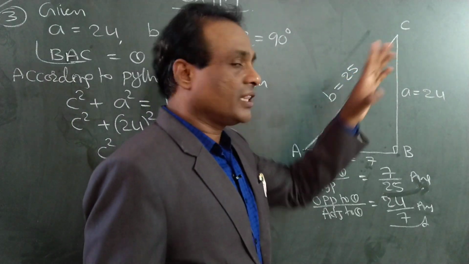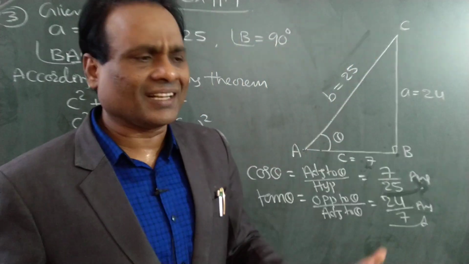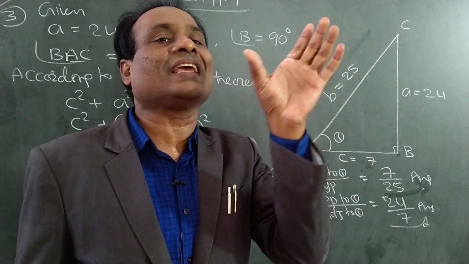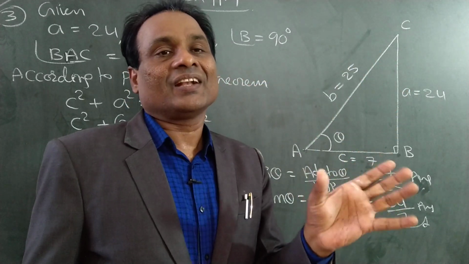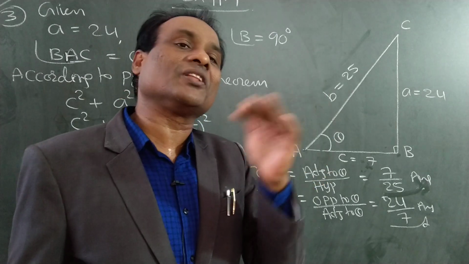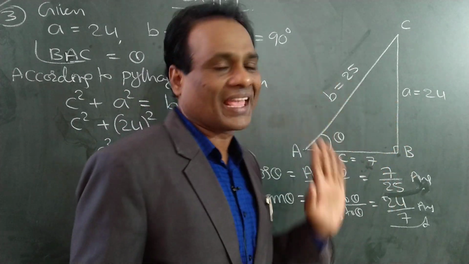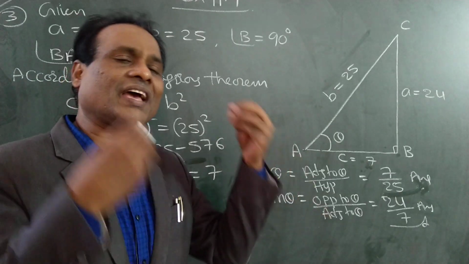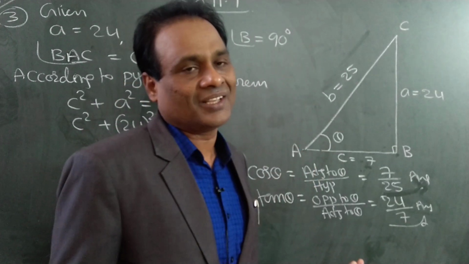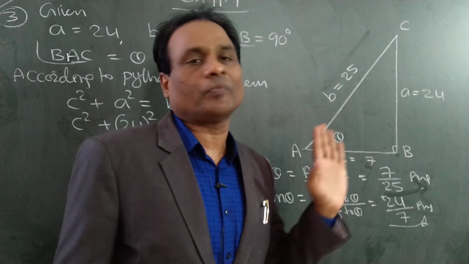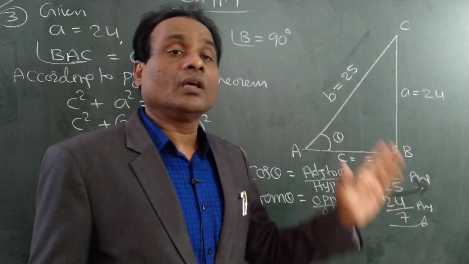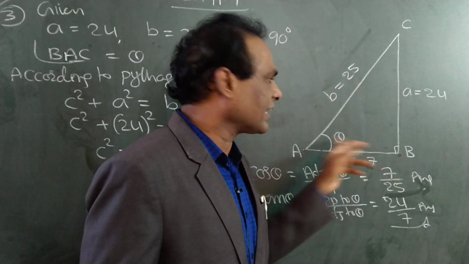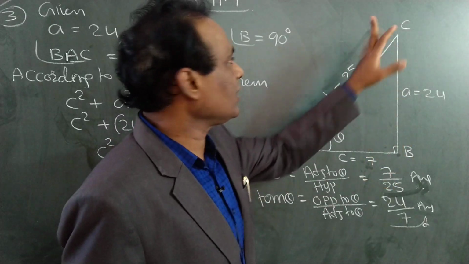See, the problem is always with the triangle. The whole chapter of trigonometry is about triangles. Tri means 3, trigonometry, 3 angles, and metry means measurement. Three angles exist only for a triangle. So the chapter dealing with triangles is trigonometry. Everywhere in trigonometry we will get a triangle, and in our syllabus it is a right angle triangle. So ABC is a right angle triangle.